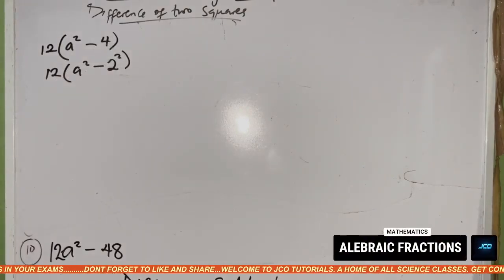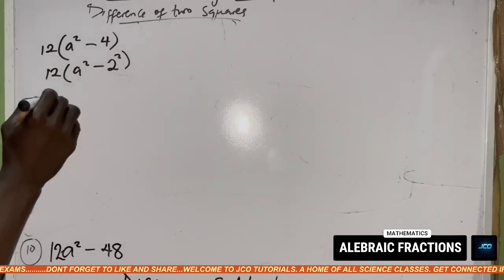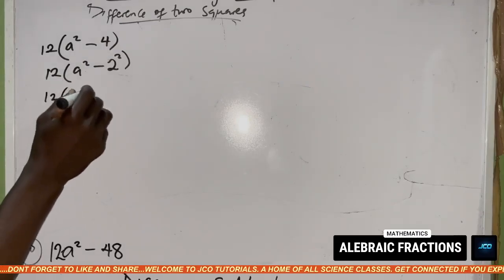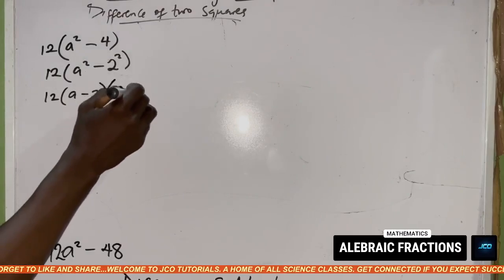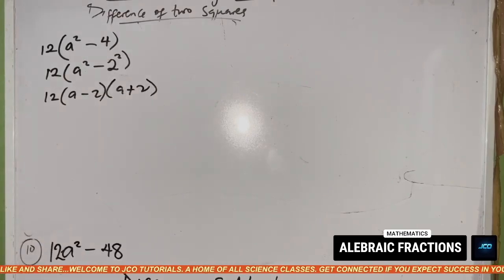So having gotten that, what do you have as your squares? A minus 2, then a plus 2. So that is it for difference of two squares. In the next class,